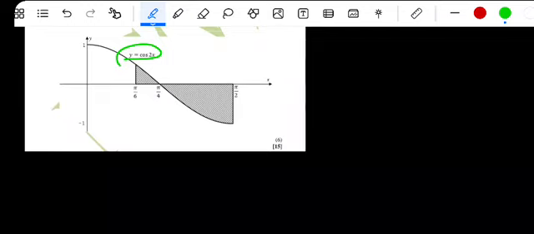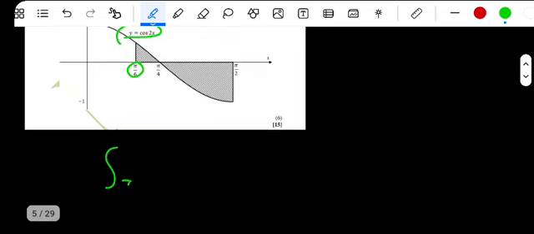So we'll have to take the integral from the lower limit, pi over 6, and the upper limit will be pi over 4. Right. Then we'll have this integral from the